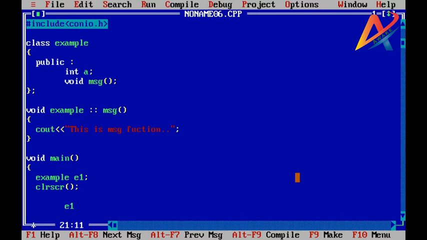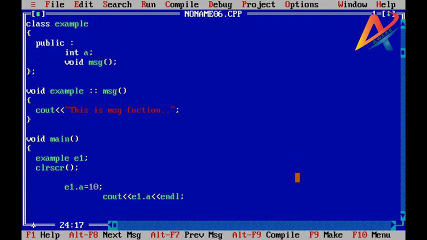Through this e1 we can access both the member variable as well as the member function. So here e1.a equals to, suppose we are giving 10, and we are printing using cout e1.a. Here we have endl for end of the line.